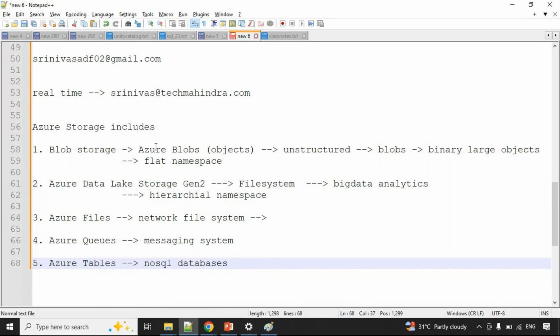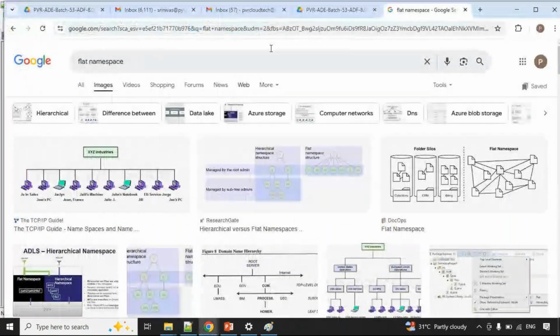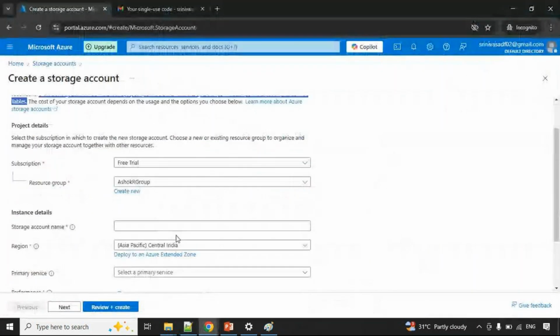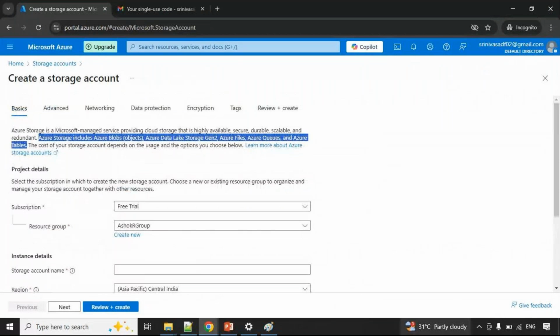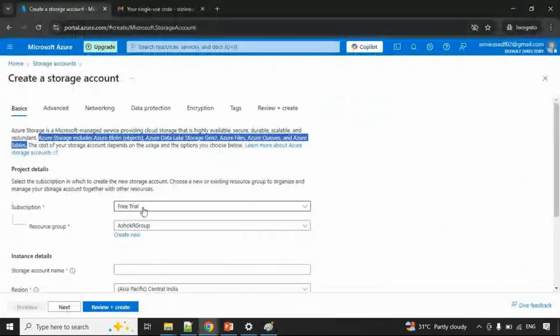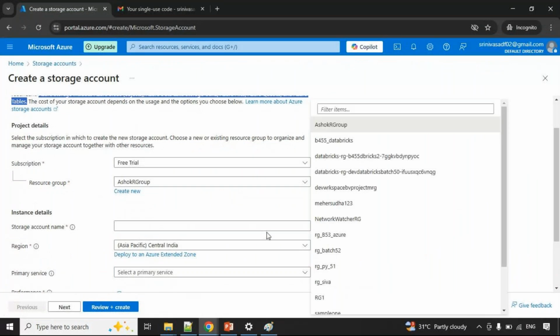So at the time of creating a storage account, how do we enable this? At the time of creating a storage account, by default it is blob storage. Okay, I am going to create a storage account. Make sure you attach it to the resource group. So what is your resource group?